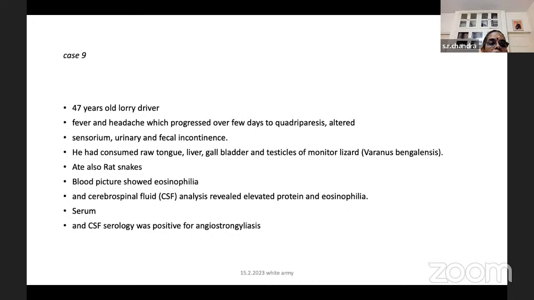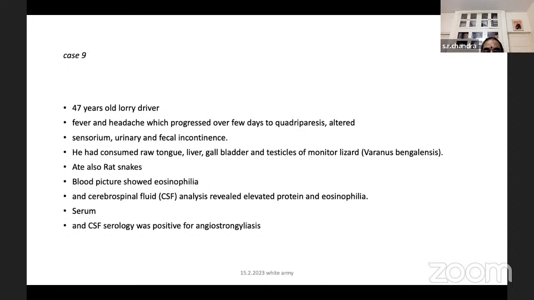And next is a 47-year-old lorry driver who presented with all the features of meningitis, but we could not identify any of the organisms even in the sample 5. The 5th sample is for rare organisms, I told. All that was analyzed, it was all negative. So we did not know what was happening. He became very sick. At that time, his friend came, and he told that this person has got a peculiar feature of eating one